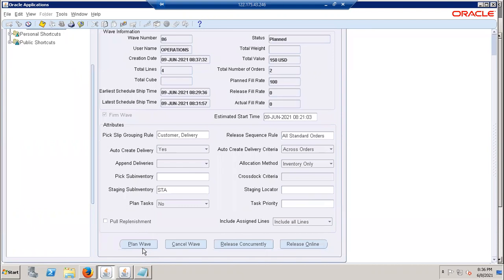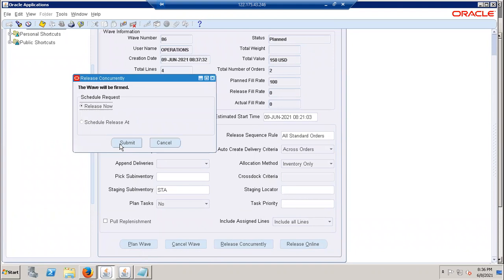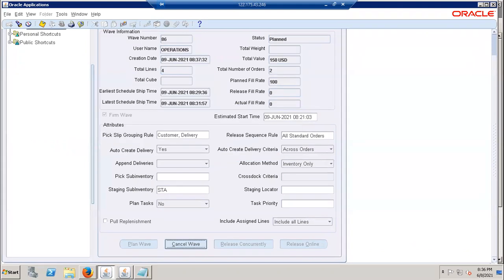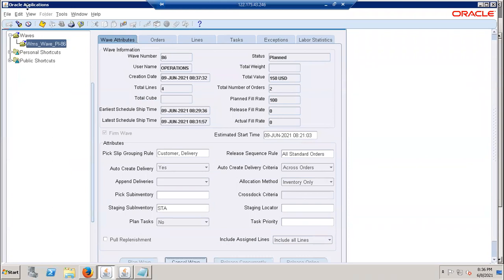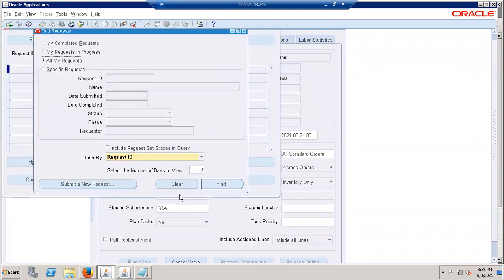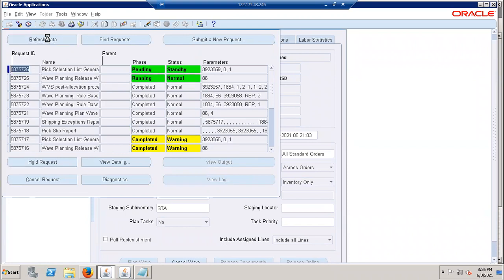Just click on release concurrently. Request. Find. That is okay.